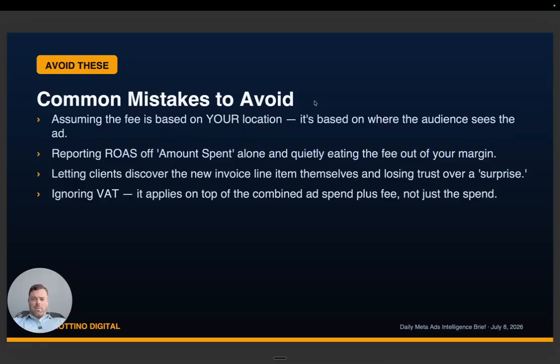Now, there are some common mistakes to avoid. The first one is to assume that the fee is based on your business location. It's not. It's based on where the ads are being served, where the audience sees the ad. Second, reporting ROAS off amount spent alone rather than the true amount spent, which again is not reflected in Meta Ads Manager for these countries anymore. You need to add in the 2 to 5% tax on top of it, and that should be baked into